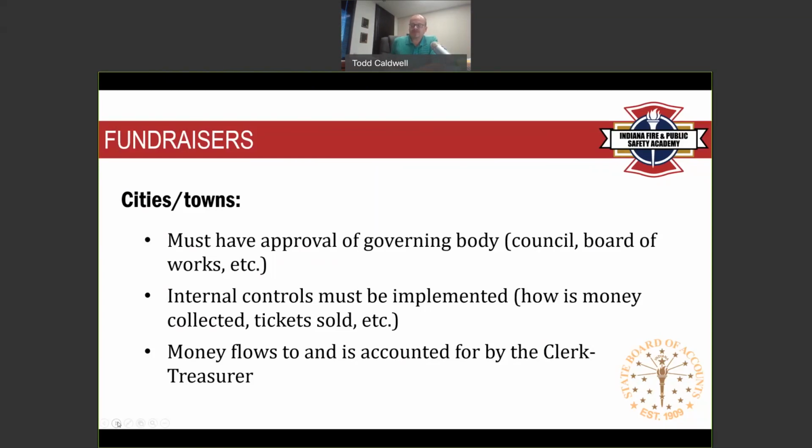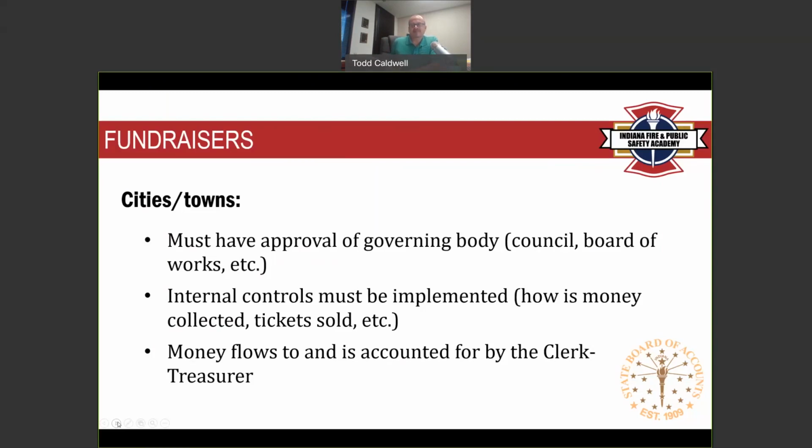And you want to make sure too, make it clear who the fundraiser is benefiting. Sometimes, especially with fire departments, when there is a fundraising activity, if it's a fundraiser for the town, try to make it clear in your advertising that you do. If it's a fundraiser for the volunteer fire department, which is a separate not-for-profit incorporated entity, make sure that if the proceeds are going to go to that entity, make sure that your advertising makes that clear too